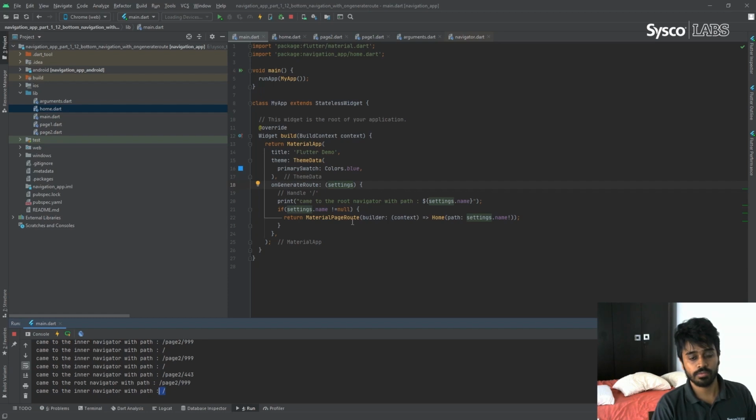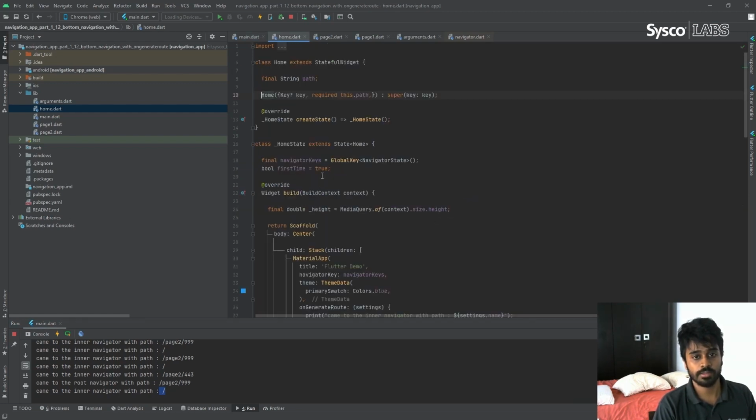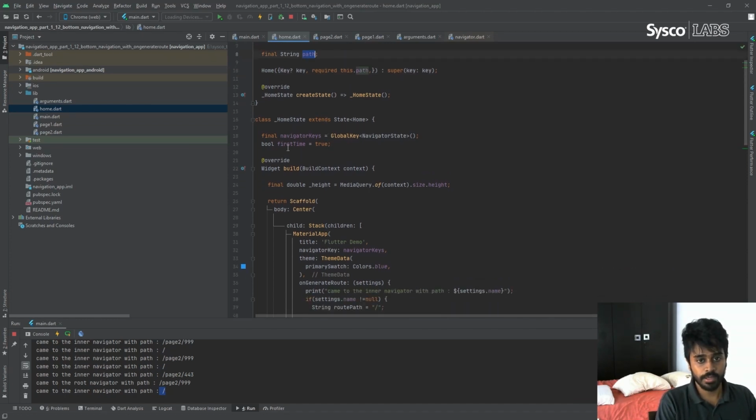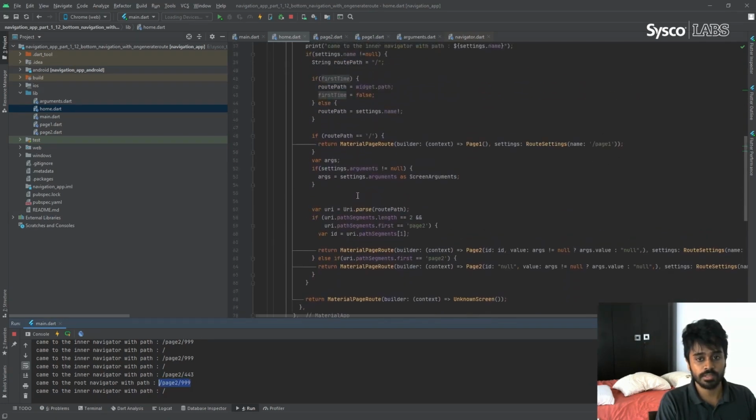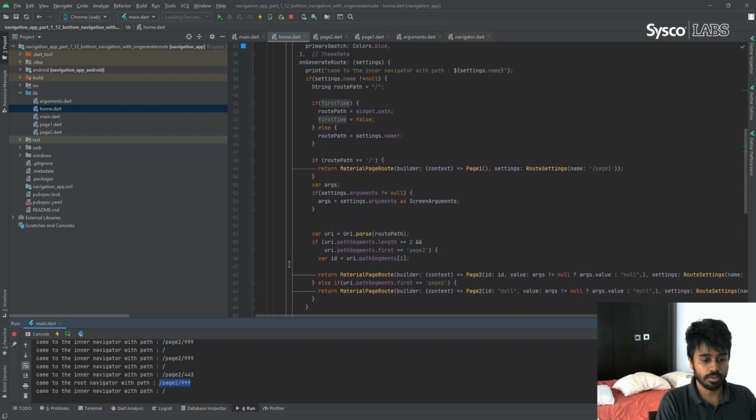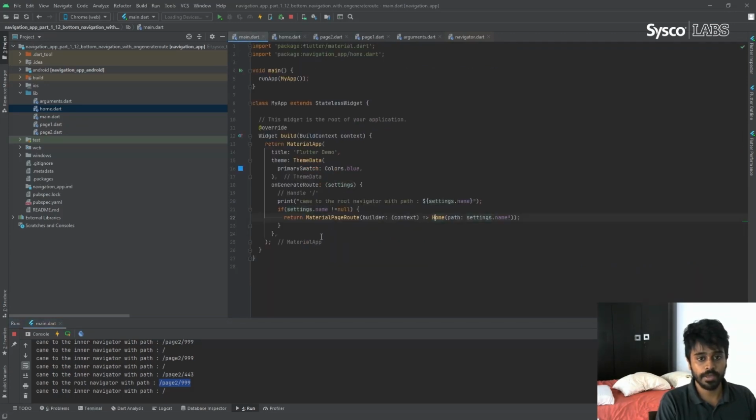In order to do that, what I have done here is, if this method is called, I'm passing that route path also to this home class again, and saving it here in the variable. And then I have a first time flag, so only the first time we need to use this path from the route navigator to control our application, I mean show any pages which we have. And you cannot basically use this onGenerateRoute method, because you don't have access to the inner route.